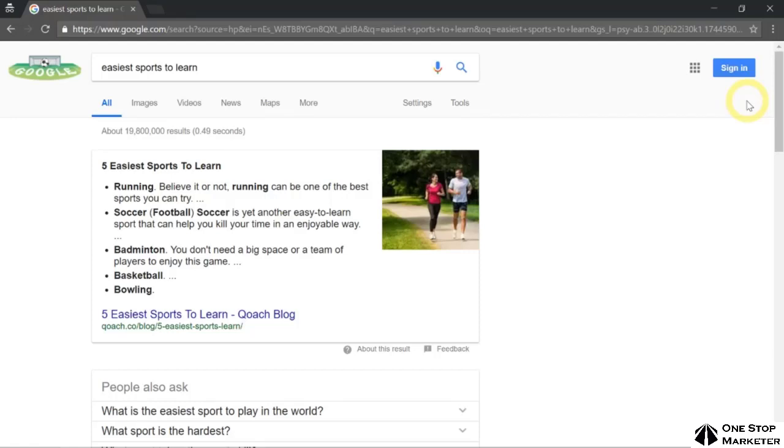There are a few aspects that we need to learn in order for us to optimize our images for SEO. Let's take, for example, this keyword here, easiest sports to learn. And you see that my blog actually ranked first, right over here. Now, if I were to view this article,